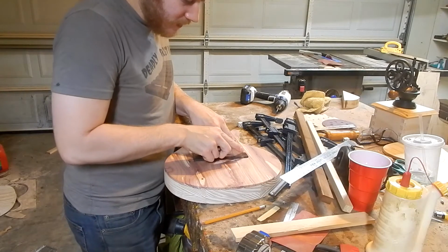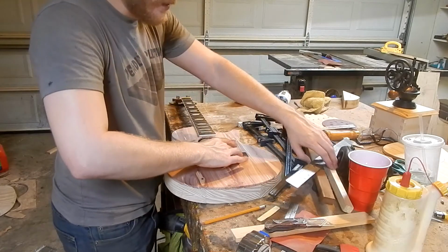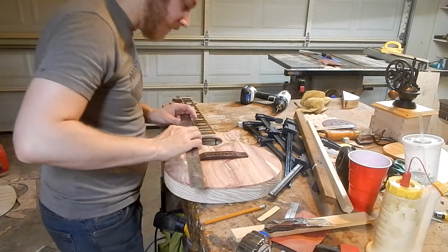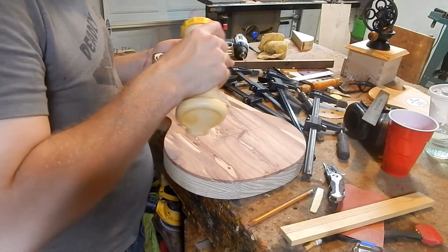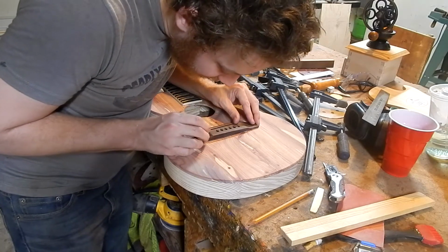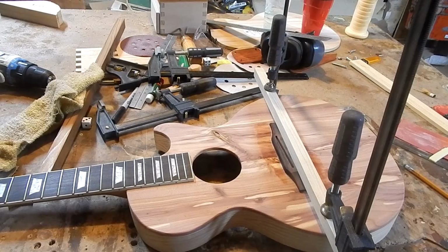So I'm just going to cut a line in here, just in case I bump it loose, I at least know the line so I can get it set up again. I'm actually just going to let this sit for a while. There's my clamp up, which was